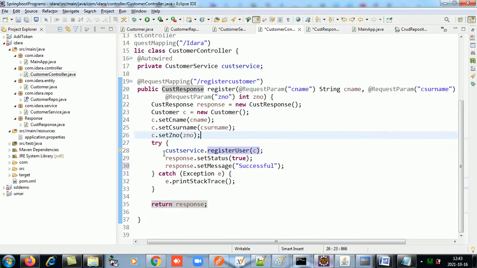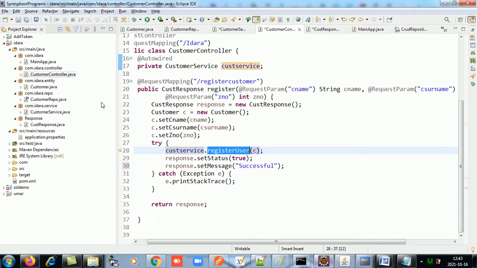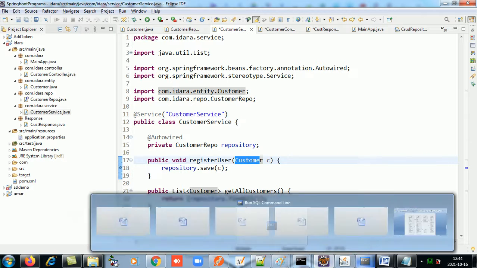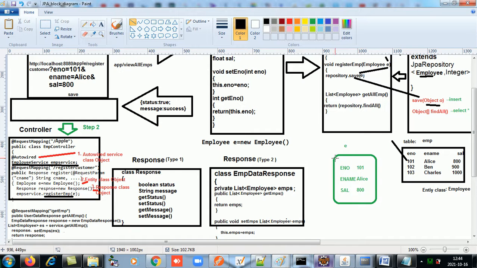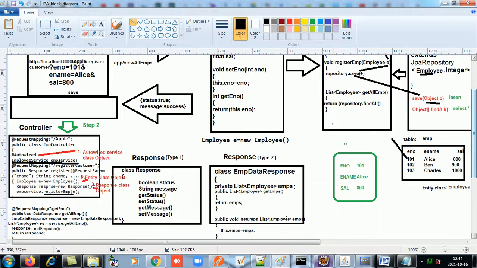And now on this customer service annotated object over here, I will call which method? Register user. So I'll go to service, and I will call register user and pass an argument of that class. So this is how your JPA program works. Everything is there in the controller. This is the main heart and soul.